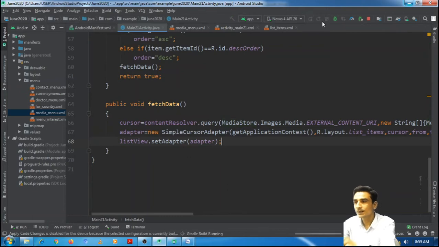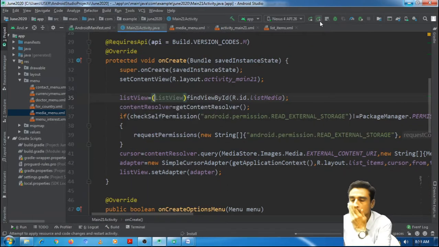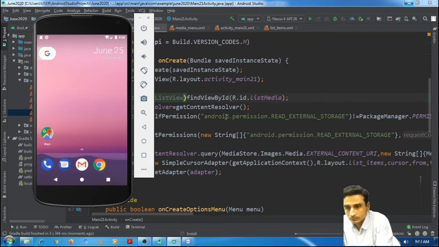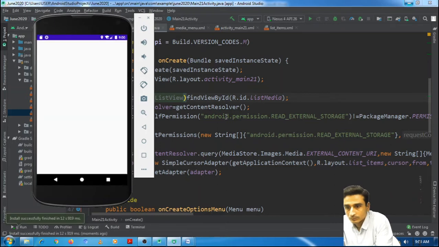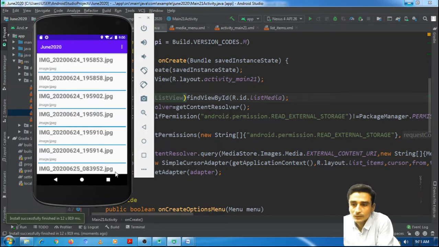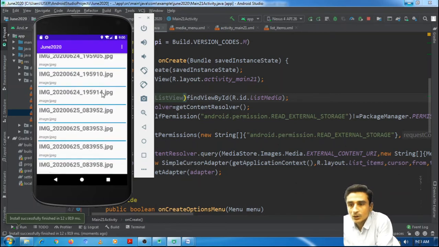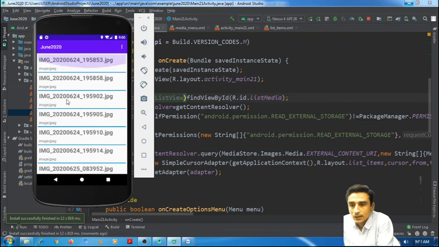Let us check this. See, here it is by default in ascending order.